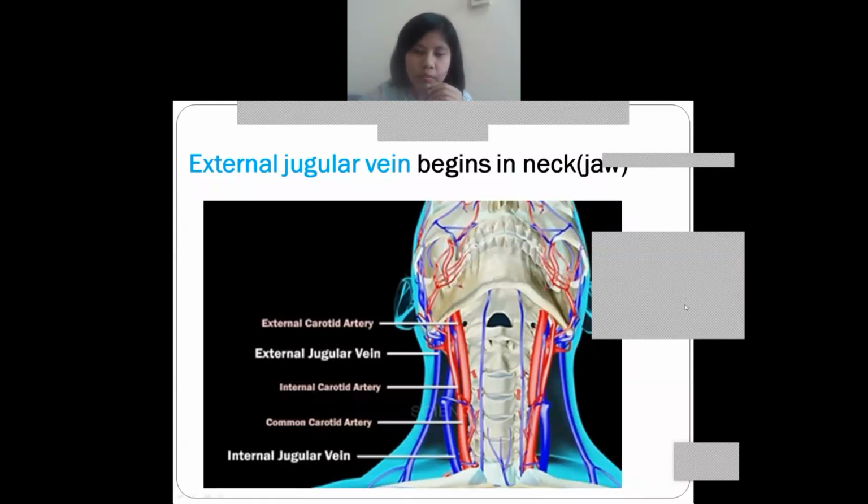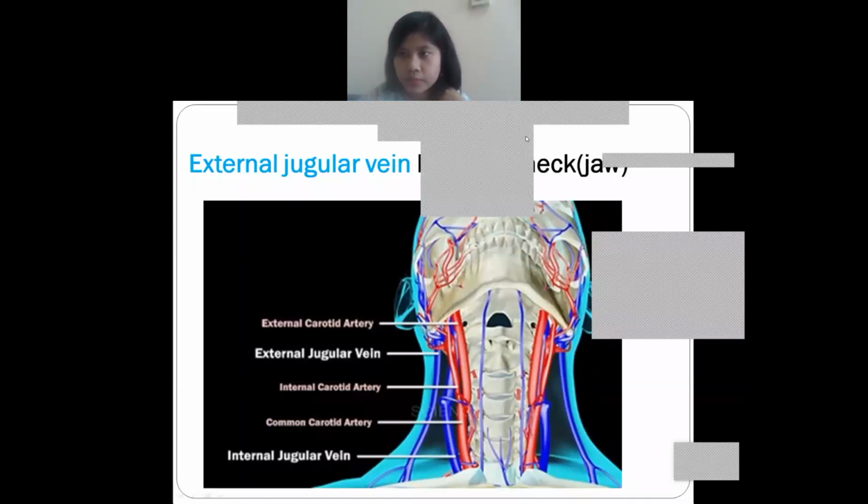Okay, no problem. Just now we talked about the external jugular vein, which is this. Can you see it? Yes, ma'am. So these external jugular veins run downwards, they will flow downwards, and they are exactly located in the sternocleidomastoid muscle, right? So behind what bone? I have mentioned one bone. What is the name of the bone? Clavicle, ma'am. Yes, clavicle. Okay, good.